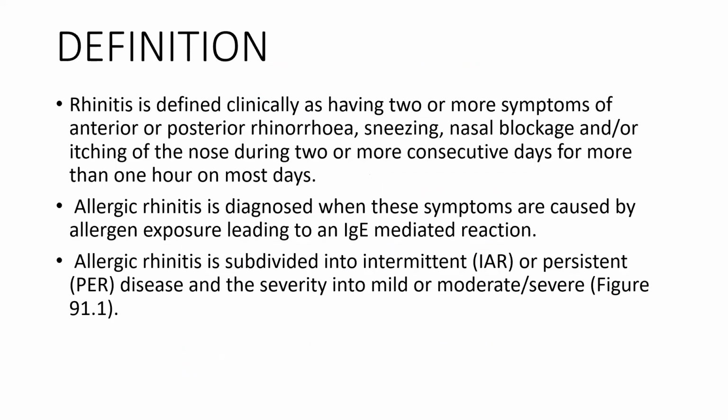As we know, rhinitis, what is the definition? For every disease, there is a valid definition in the textbook. So what the standard textbook is giving as the definition is two or more of the symptoms. You want two or more of what? First one is rhinorrhea, sneezing, blockage or itching. As we have already seen, you are remembering SIR, sneezing, itching, rhinorrhea and blockage, of which at least SI should be there or RB should be there. So sneezing and itching, number one, and blocking and rhinorrhea, number two.